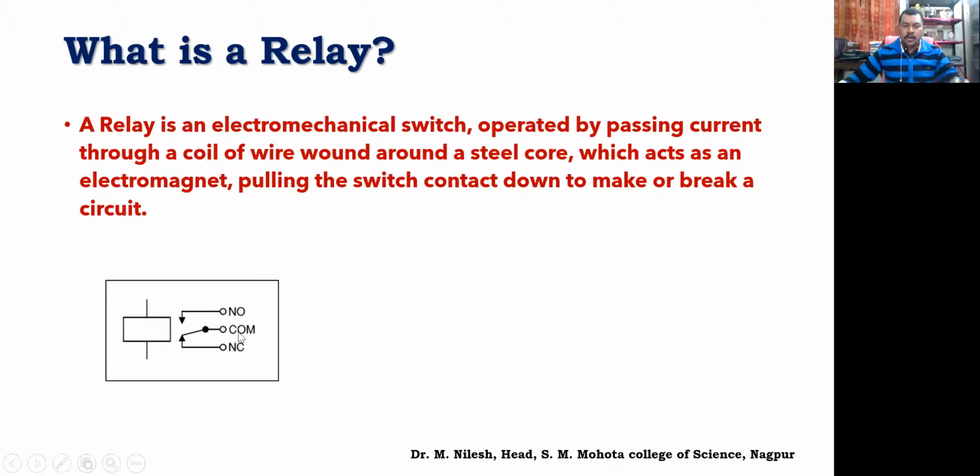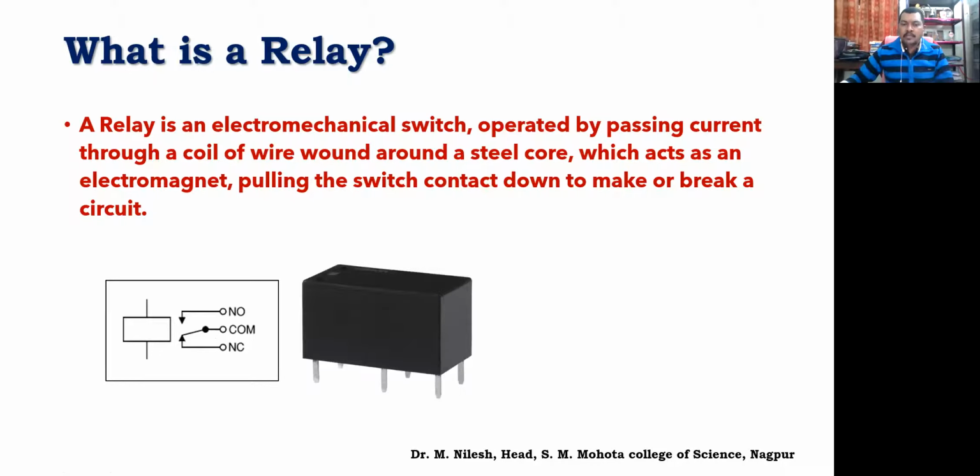One is common, and this is a normally closed position. It remains closed. When this becomes a magnet, it switches from this point to this normally open point, and it gets connected. So this is the isolation between the DC and AC actually. To isolate DC and AC, we need this type of a circuit. So these are some of the examples.